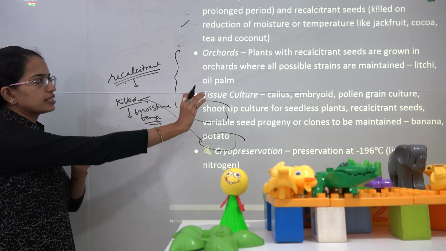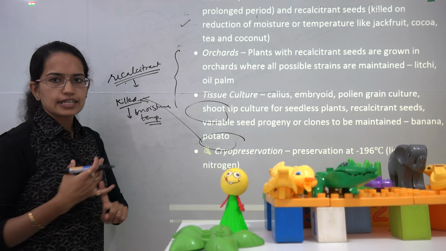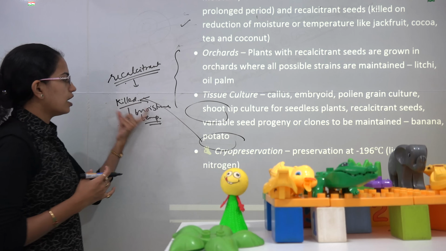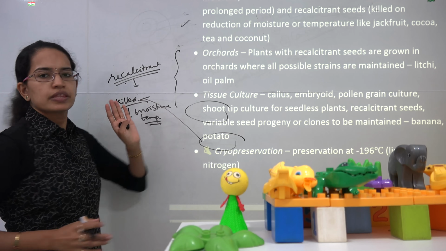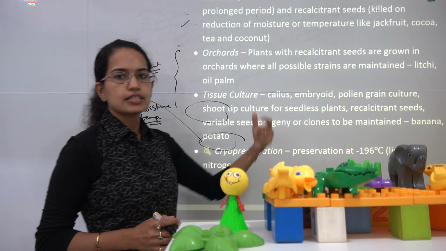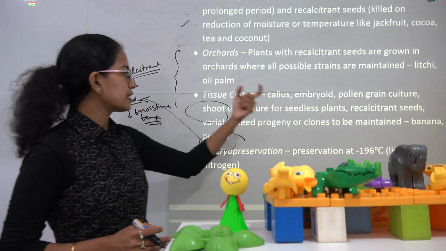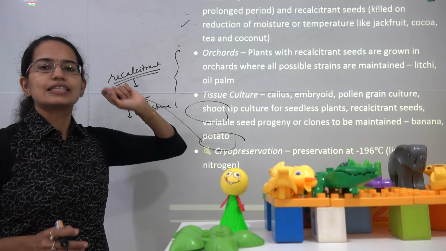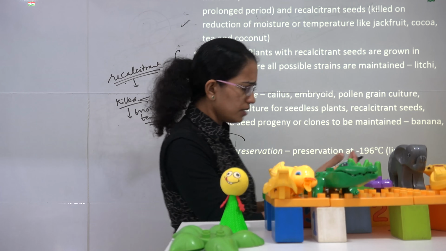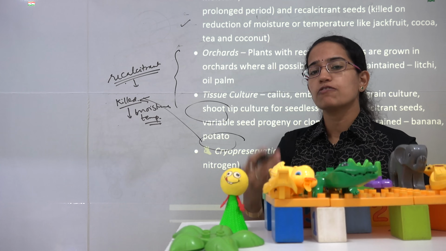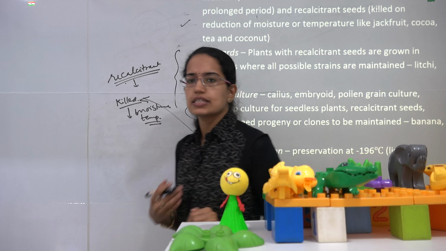Again you have orchids. Those are the plants with recalcitrant seeds, which cannot tolerate a reduction in temperature or moisture conditions. Then you have tissue culture, callus, embryo and pollen grain culture. So all those are other ways. And the last is cryopreservation. Cryopreservation is preserving a species at a temperature of minus 196 degrees Celsius